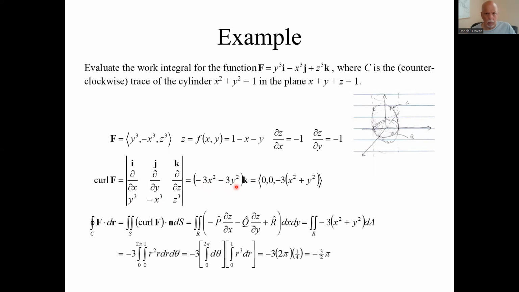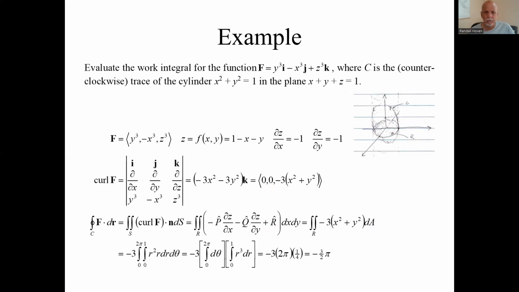So there it is in terms of x and y. Here's our curl. So P is 0, Q is 0, and we've got an R. Plug them in. So here's our P hat, our Q hat, and our R hat. That's what we plug into the PQR formula. And the P and Q parts go away because they're zeros, so we're only left with the R part, and it is this. And R is the unit circle, so we'll use